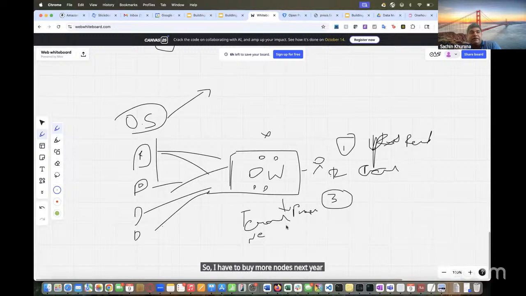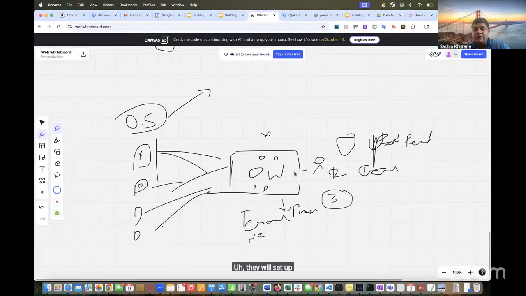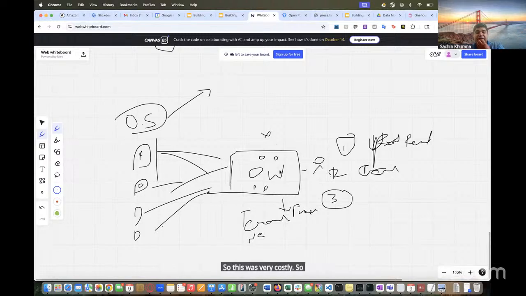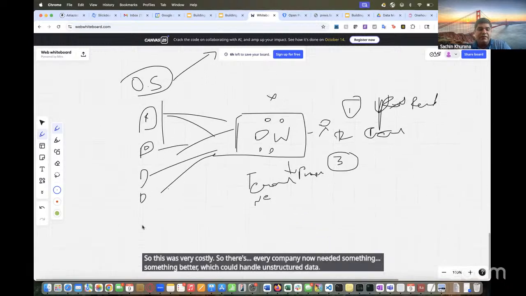So okay, let's call Teradata: can you install more nodes? Everything was on-prem, so they would send their own people with their own hardware. They will set up the nodes, reorganize the data, and send a big bill to the enterprise. So this was very costly. Every company now needed something better which could handle unstructured data. So then came the architecture